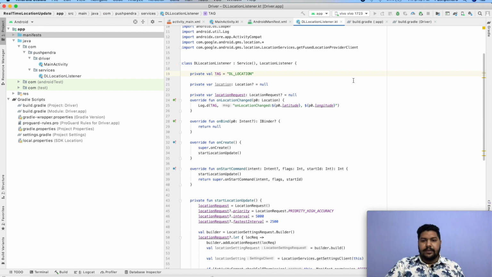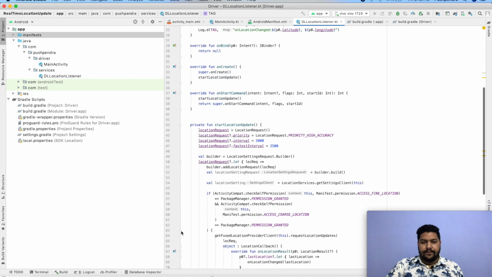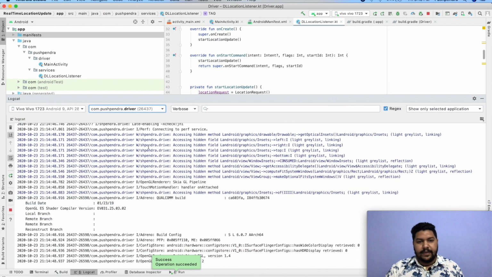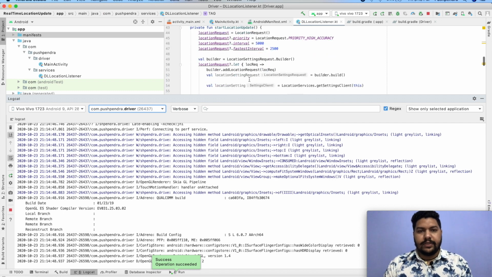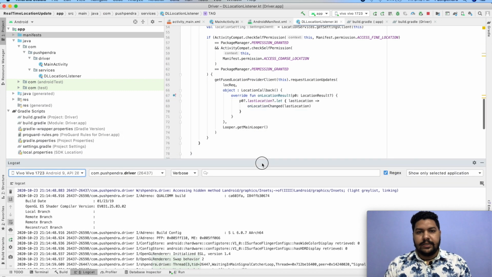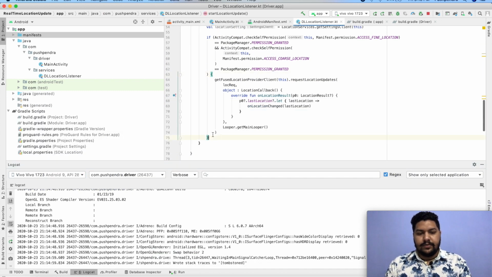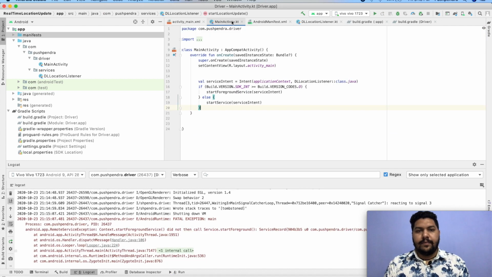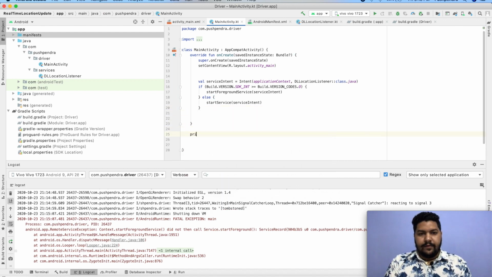Now I will run that on my Android device and we will see the output, to check whether it is working or not. The application runs, because I did not give location permission in the else condition, so that's why we will give these permissions in the main activity. Before that we will check with one function, private function check location permissions.